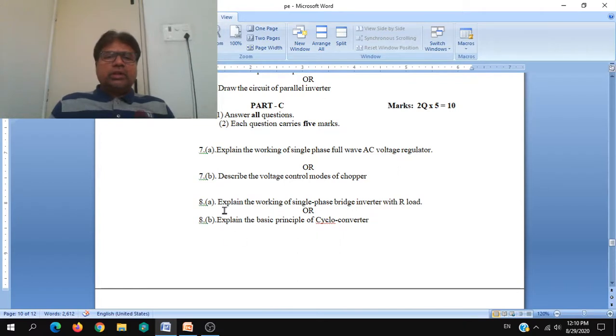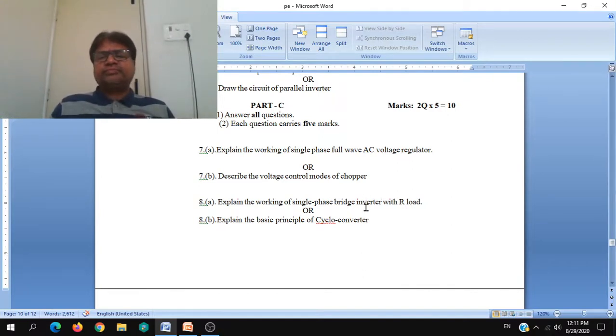It is: explain the working of a single phase bridge inverter with R load. You are asked to explain the working with only R load, resistive load. So there is no headache due to other inductive loads, and no feedback diodes are required. It is a straightforward question, a single phase bridge inverter. But it is not mentioned whether it is semi controlled, uncontrolled or fully controlled. Just explain with fully controlled, and also in your syllabus you have only fully controlled